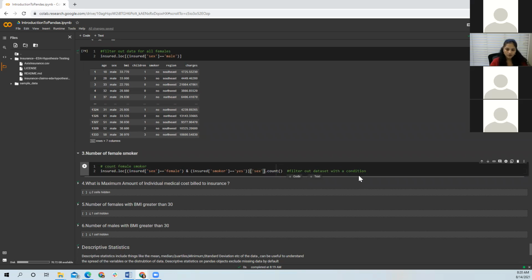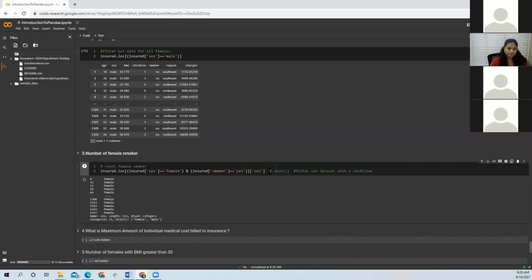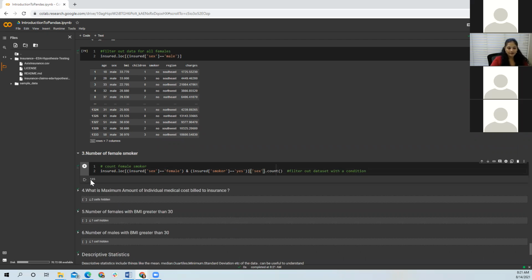If I don't use a count, it will just show me something like this. But I want a total count, so I'm using the count method. So we have 115 females who are smokers in this data set.